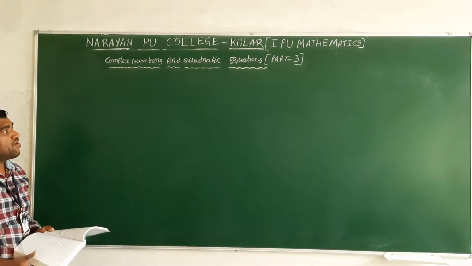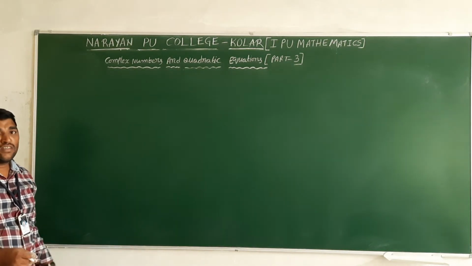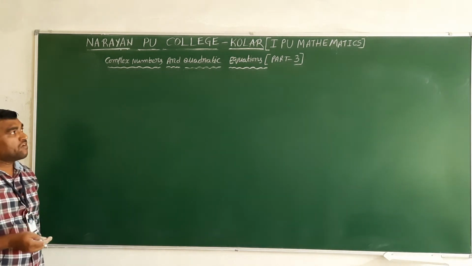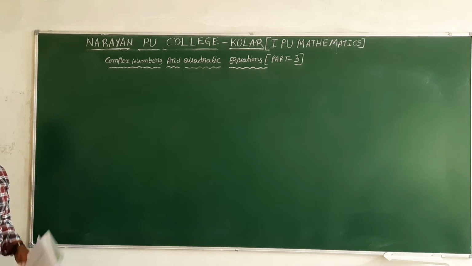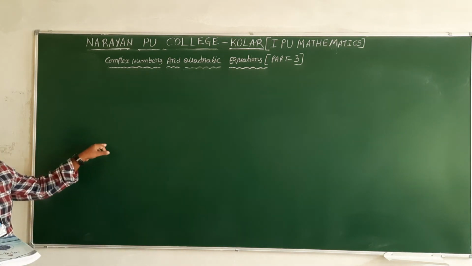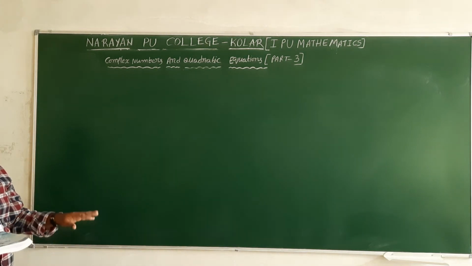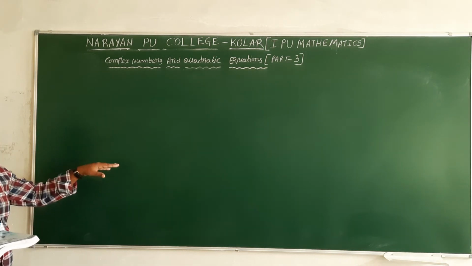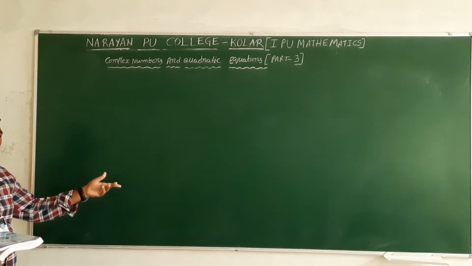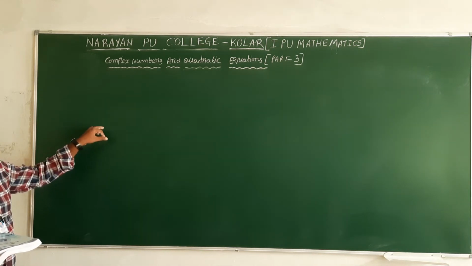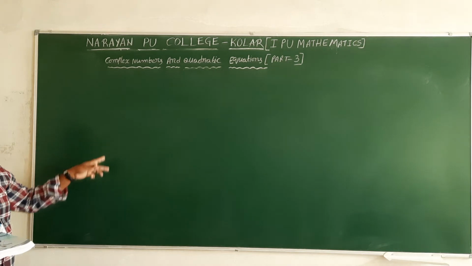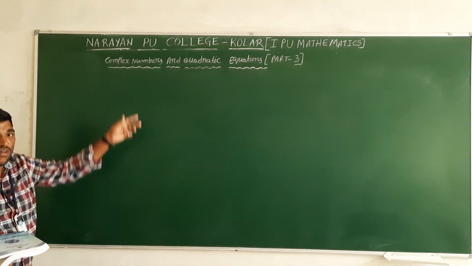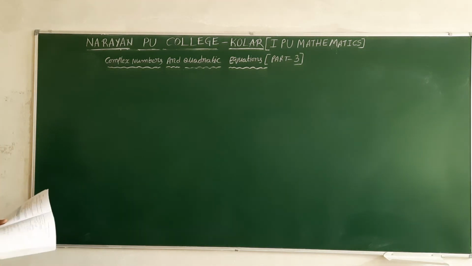Actually, the polar form of the complex number is in the deleted portion according to the PU board. Why I explained it is because the argument of z is required, which does not come under the polar form of complex numbers; the argument of z is different. I explained the polar form also, but I did not explain polar form questions now; it is useful for objective questions. Okay, next exercise 5.2.